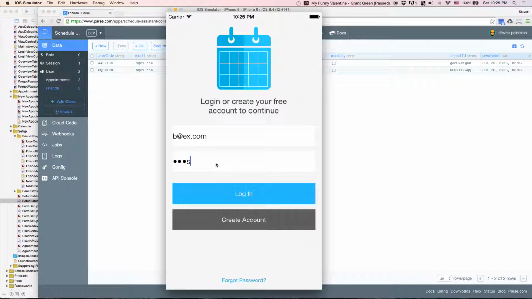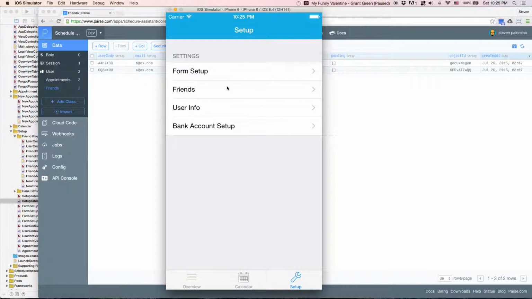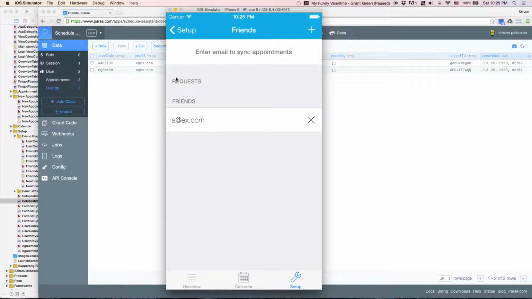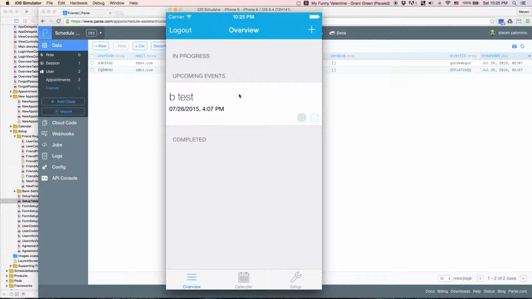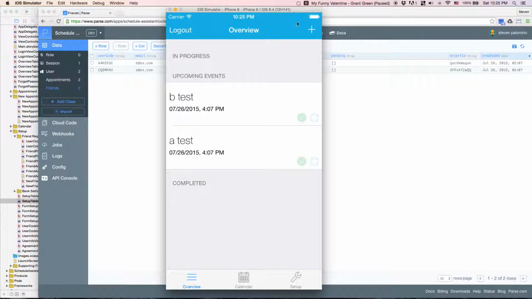Go ahead and log in. And both of them have one appointment each right now. If we go ahead and accept, it goes through, and you see that it moves down to the friends list. We can go ahead and X to delete that, but what we'll do is come over here and reload the appointments. And as you can see, both users' appointments are pulling through just fine,